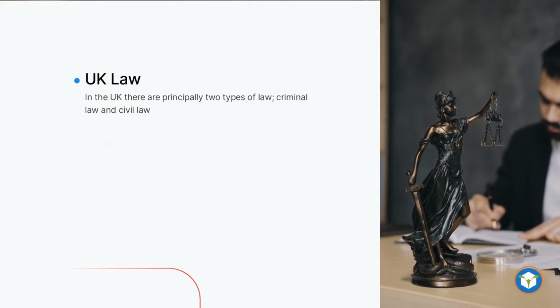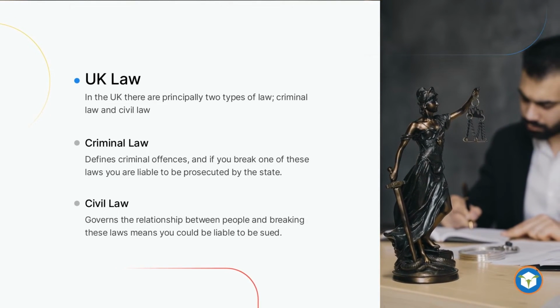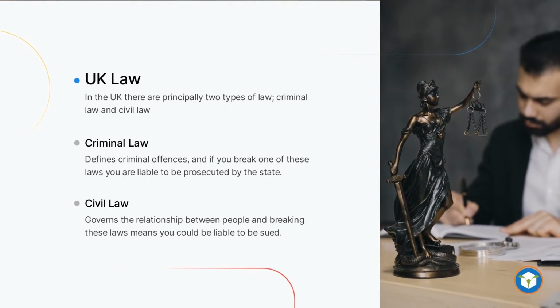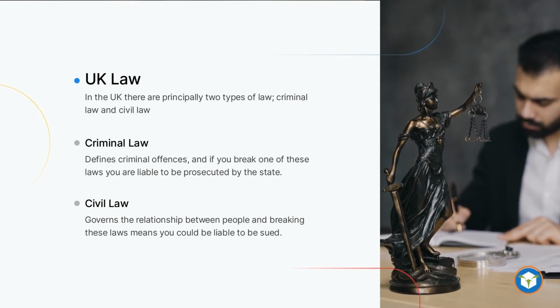Again, in regard to the two types of law, an example of a criminal act is the Theft Act of 1968, which creates offenses including burglary, robbery, and theft. While an example of a civil act is the Partnership Act of 1980, which creates a set of rules for the relationship between two or more people.